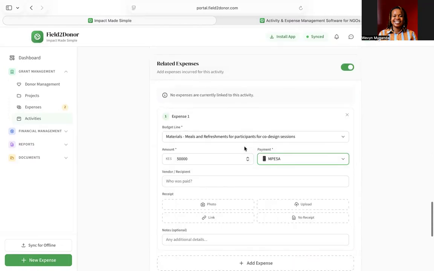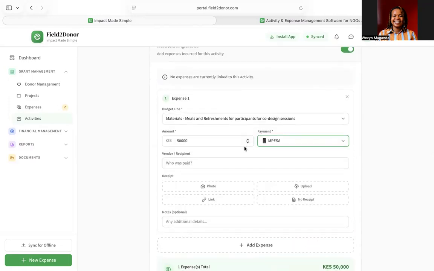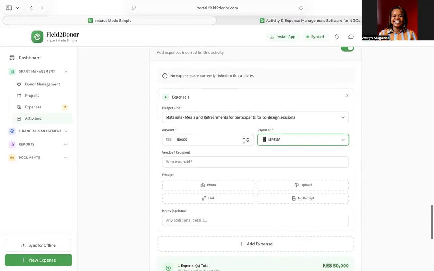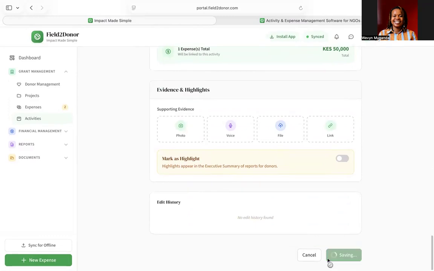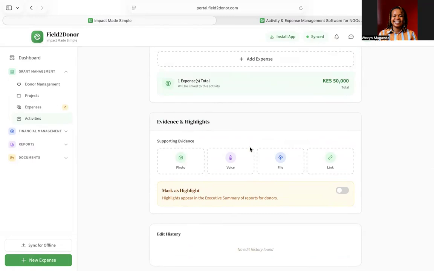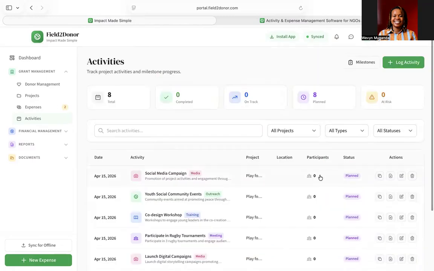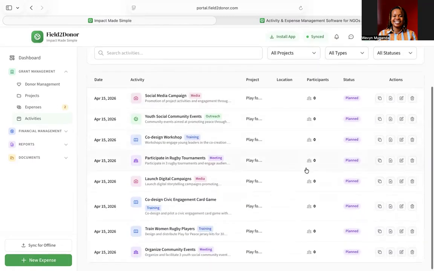But you have the option to link expenses related to this activity at the bottom here, in a way that once you do this, once you update this, it's able to track your